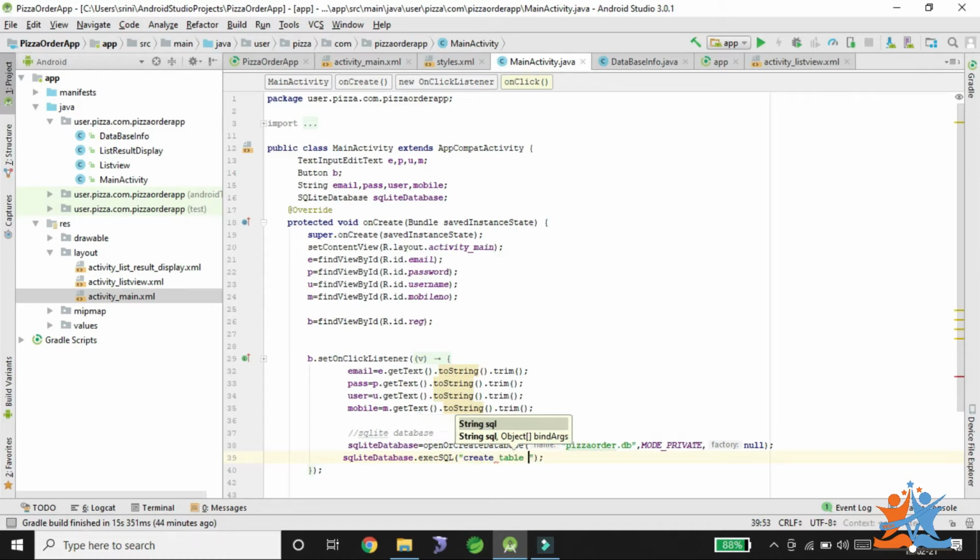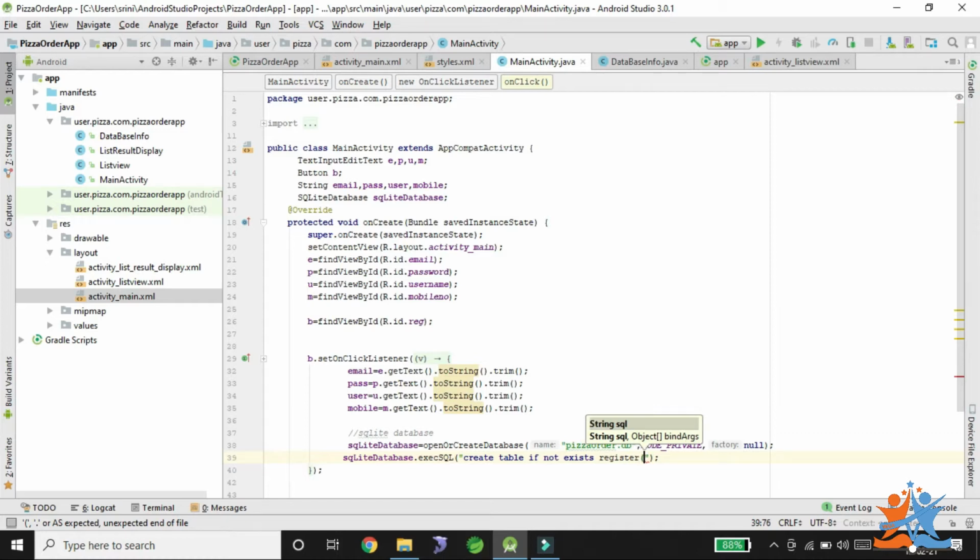Create table if not exists. What is the database table name? Register. This is the table name, register. So if the register table is not available, we need to create it. If it is available, there is no need to create it. So that is the reason we write the condition if not exists.